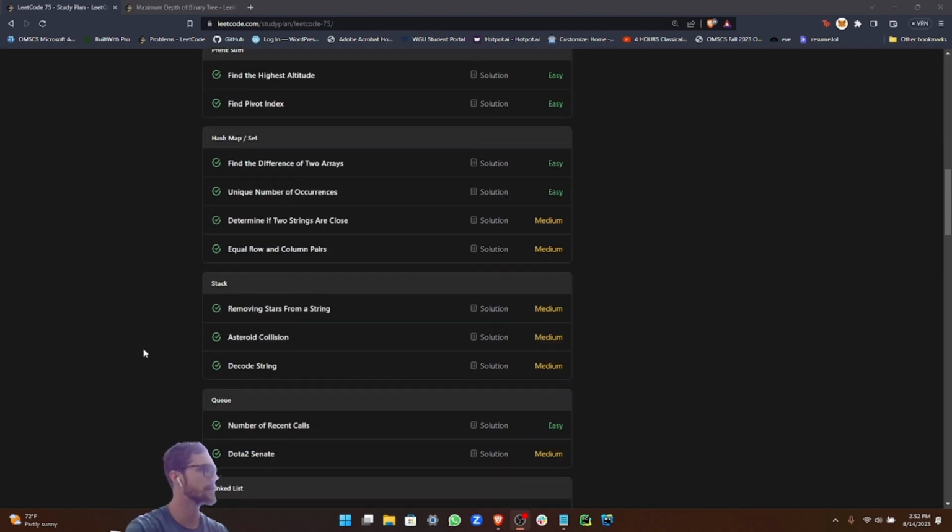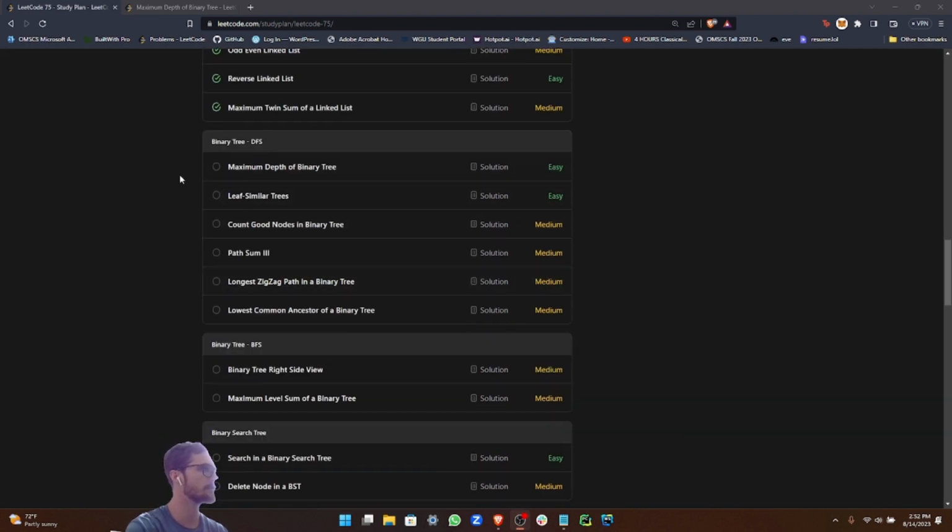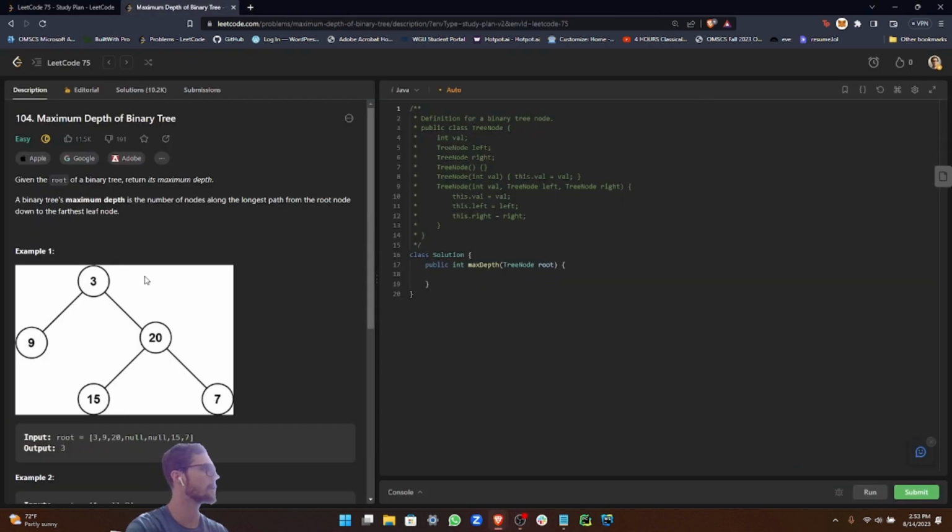So today we are moving on to a new category, the binary tree depth first search. Our problem today is called maximum depth of a binary tree. Given the root of a binary tree, return its maximum depth. A binary tree's maximum depth is the number of nodes along the longest path from the root node down to the